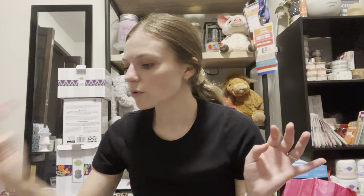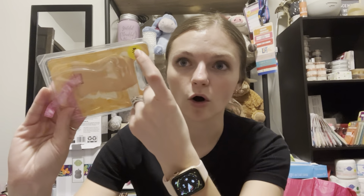So I put in pumpkin roll. It's definitely not the strongest, but I also bought it, I think, from the clearance section a while ago. I think I bought it in April. I went through and dated all my Scentsy things so I can know when I brought things into my collection so I can use things appropriately. That was kind of stressing me out, so I just did that one weekend,